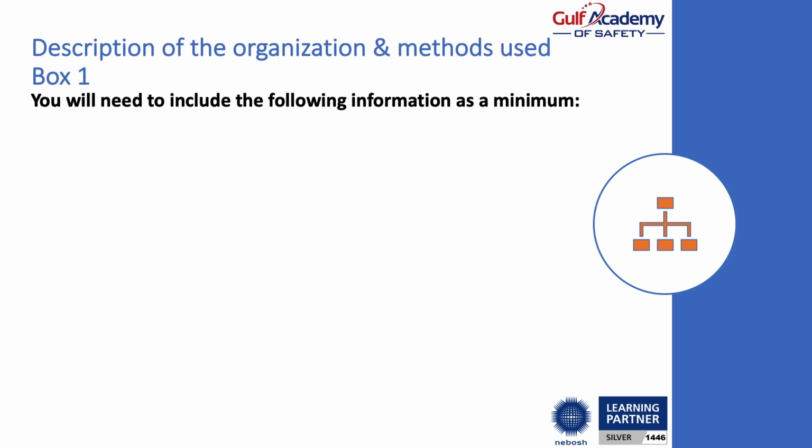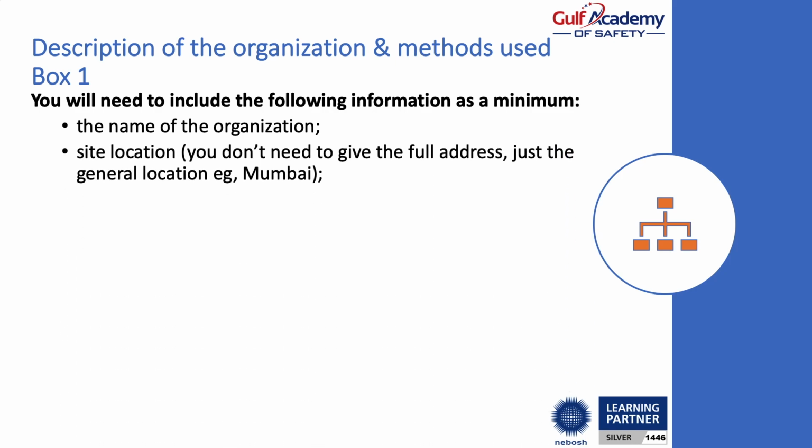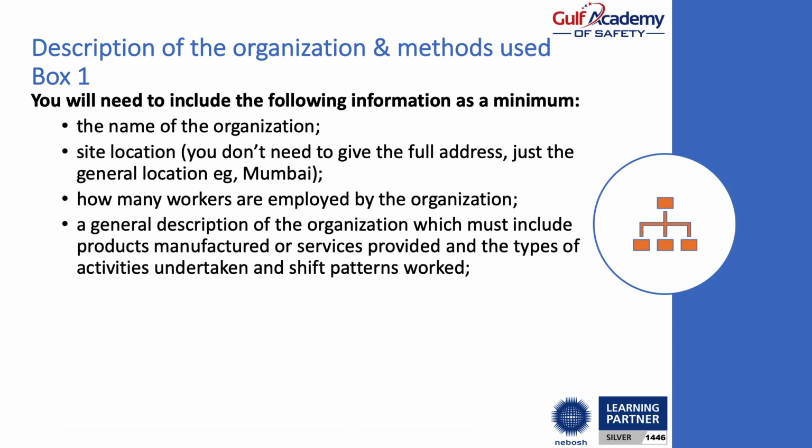You will need to include the following information as a minimum. The name of the organization. Site location, for example, you don't need to give the full address, just the general location, Mumbai. How many workers are employed by the organization? A general description of the organization, which must include products manufactured or services provided and the types of activities undertaken